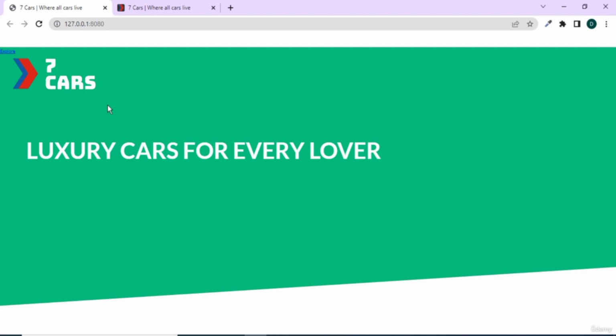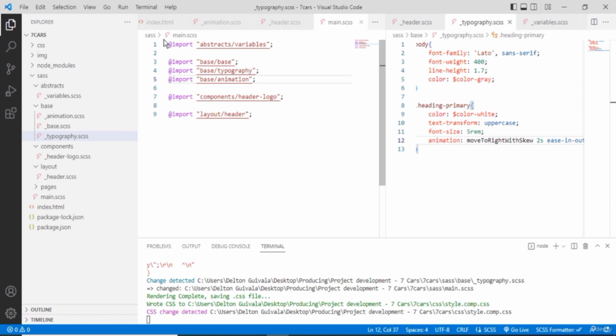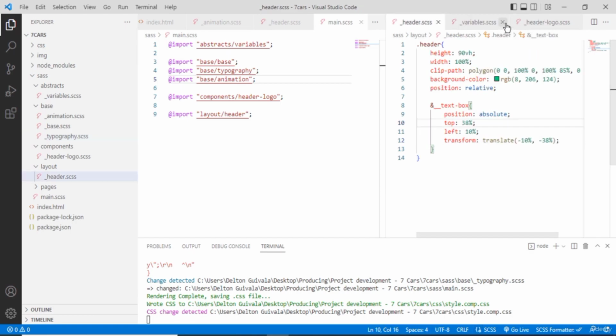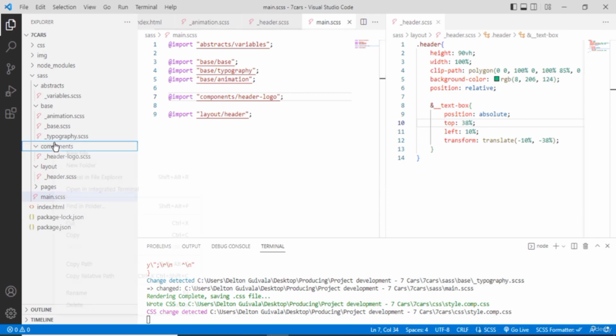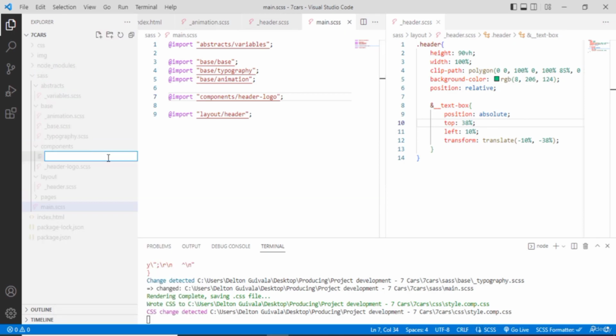Next, let's talk about this button right here. To insert this button, we're going to be working with it as a component because we can reuse that, and it's an element that has a meaning itself. So let's simply remove this typography, the variables, the header logo. Here in components, let's create a new component. This is going to be our button,